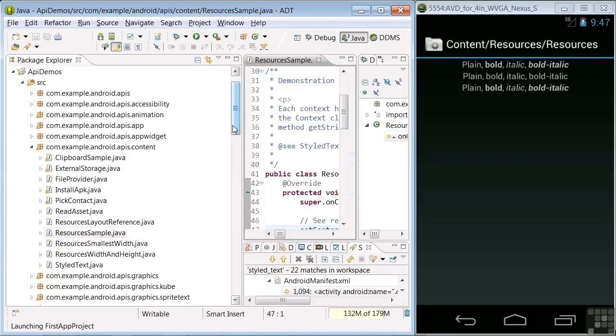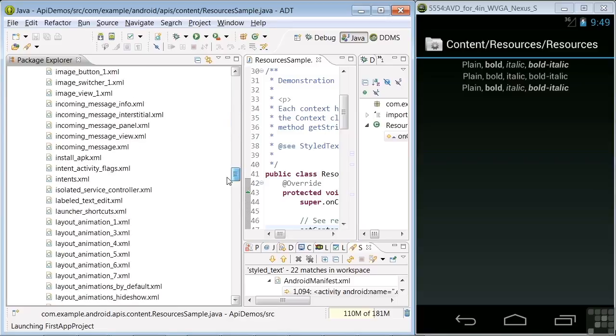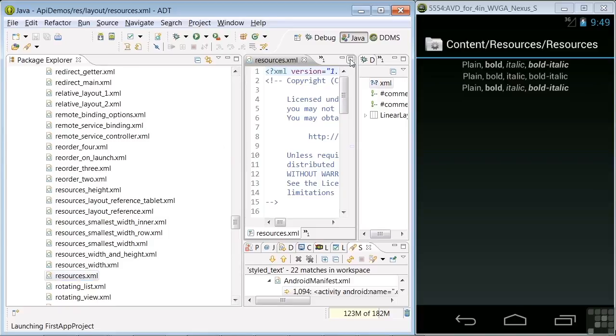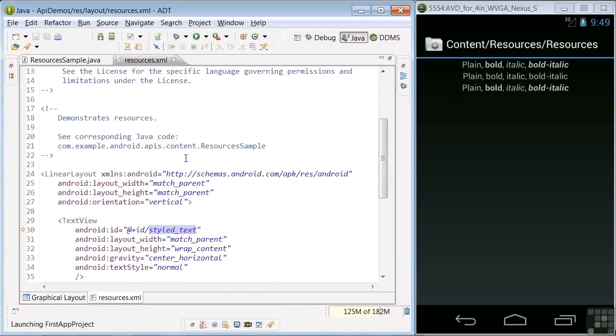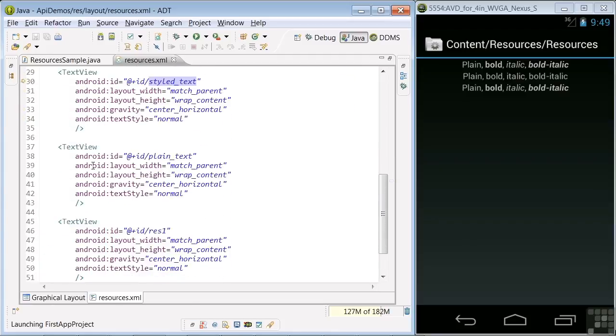So let's go down to the layouts, and we'll find the resources XML here. Double-click that. And in that file, we see we have a linear layout with 3 text views. Each of these text views designates an ID, such as styled text, and formatting parameters for width, height, gravity, and